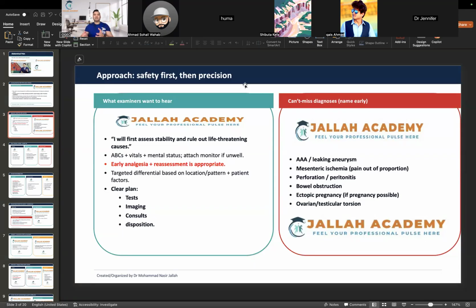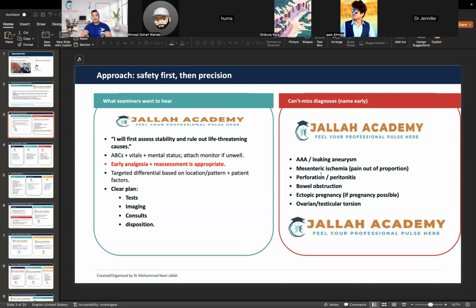Not like specifically mention, I'm very worried about abdominal aortic aneurysm, so do you have this, this, this? No. When you're asking a specific question, for example, about the age, the weight of the patient, the social life of the patient, for example, the smoking, then yeah, indirectly you let the examiner know, because these are the risk factors for abdominal aortic aneurysm, and my patient does not have it. Okay, but you have to rule it out.